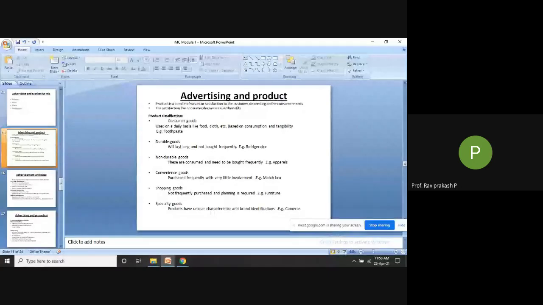Your laptops and all, you won't buy it regularly. It's nothing like every month or every 6 months you're buying a laptop. Before doing it, you are looking at the brands, and you are trying to match what characteristics you require and what the characteristics are there. For example, if you see a laptop, for what you are using, for academic purpose, for watching movies, for playing games, for each and everything you are having a different kind of laptop.